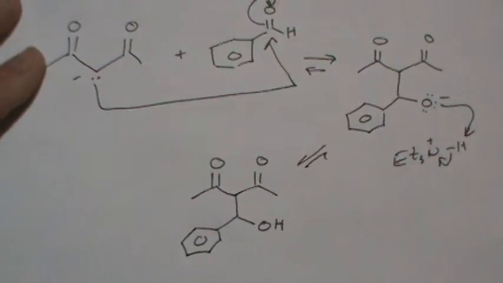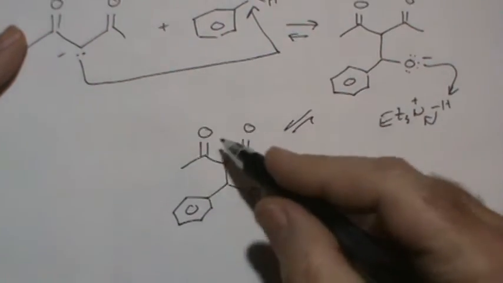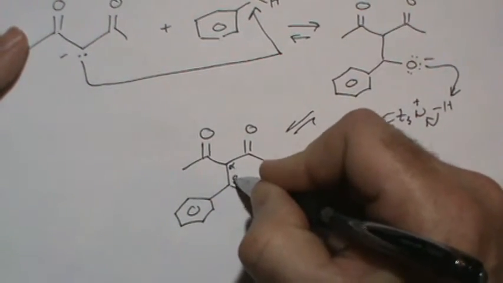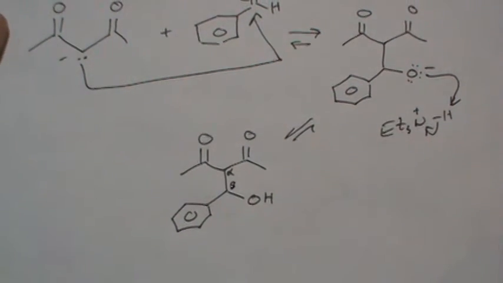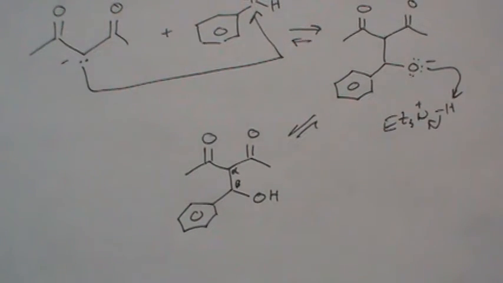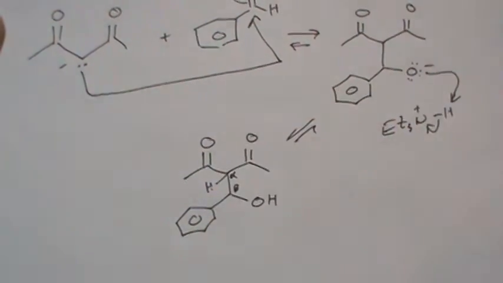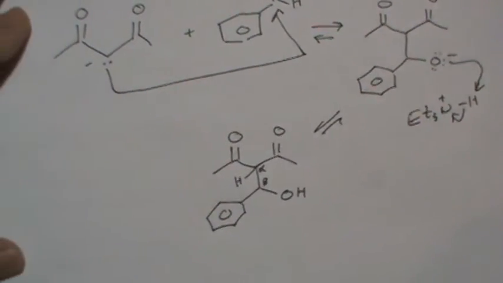And now we've got an aldol. Because counting from either of these carbonyls, this would be alpha, this would be beta, this is a beta hydroxycarbonyl. This is our aldol, but it's not going to stop here. The reaction will not stop here because at this alpha carbon, I still have an unusually acidic proton, and I